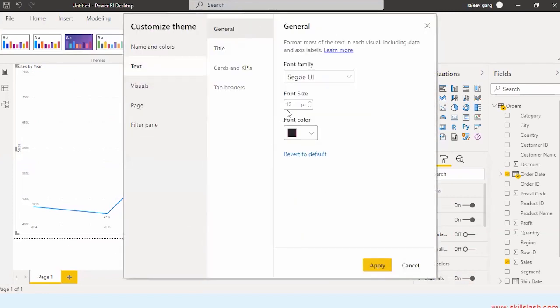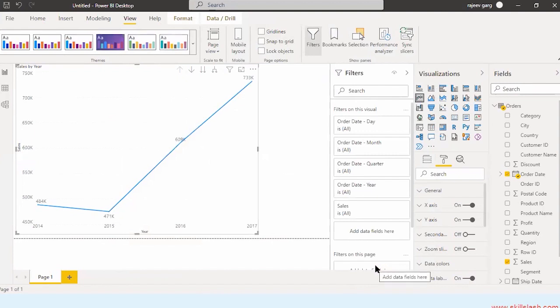I will go to the text, increase the size to 16 and say apply. Here it is. So we are getting the year-wise sales over here.